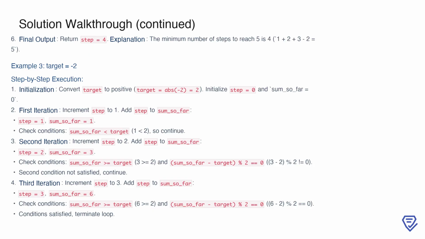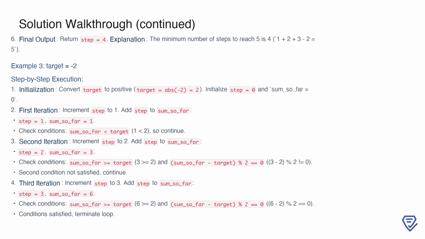Now, let's examine the case where the target is minus 2. Since the target is negative, we take its absolute value, resulting in target equals 2. We initialize step to 0 and sum_so_far to 0. In the first iteration, we increment step to 1 and update sum_so_far to 1. Since sum_so_far is less than the target, we proceed. In the second iteration, we increment step to 2, resulting in sum_so_far equals 3. Now, sum_so_far is greater than the target, but the difference, which is 1, is not divisible by 2, so we